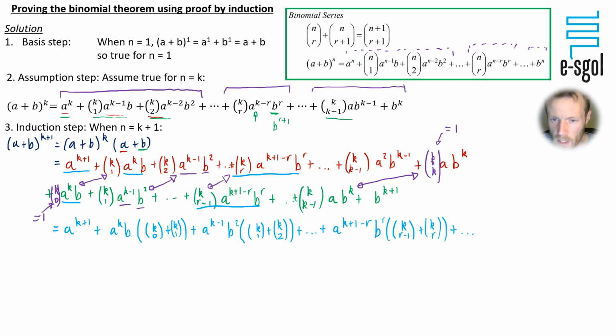That's pairing up this bit here and this bit here, plus dot dot dot, and then I'll just pair up the penultimate term here with the last term here. So we've got a b to the power of k times, and we've got k minus 1 plus kk, and then finally b to the power of k plus 1.